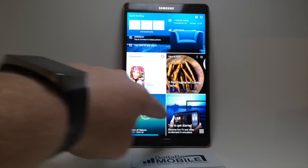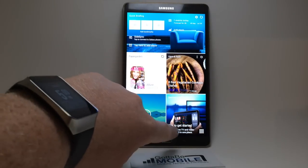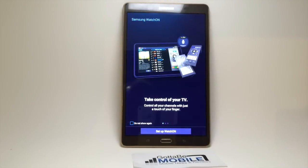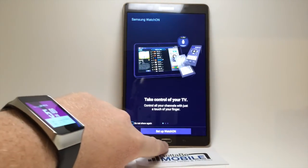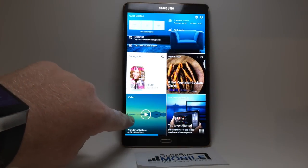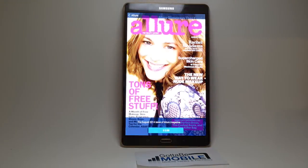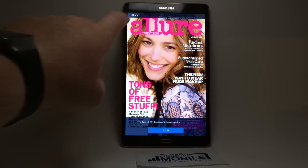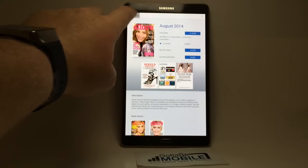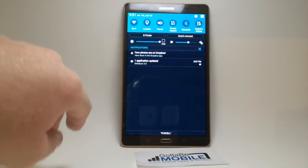Now down here, these four, you get Paper Garden, Here and Now, which will show you stuff in the immediate area, and Watch On, that's that app that lets you use your tablet as a remote control. It also has a bit of a TV guide involved in it. And then down here is that video app that lets you play videos. Paper Garden is nice, only for the reason that you can read magazines on it, and the magazines that it offers are some of the popular ones, but reading on this tablet is really a treat because of the beautiful screen. Now we're running Android KitKat